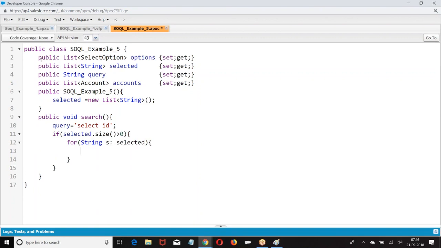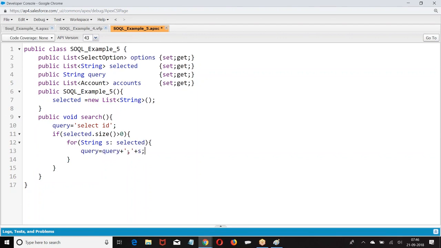for string S selected. Then what I'm doing? Query equal to, if selected is name, phone, then ID comma name, ID comma name comma phone, ID comma name comma phone comma source.